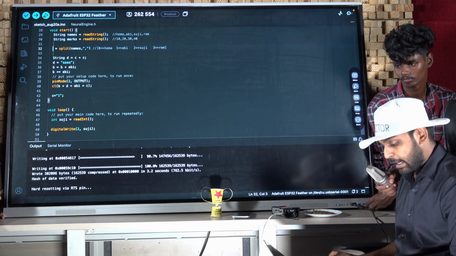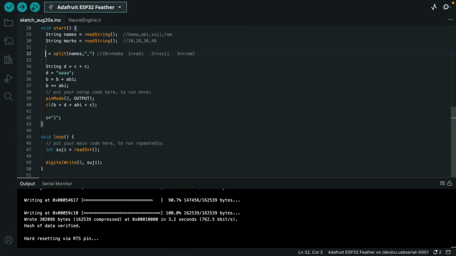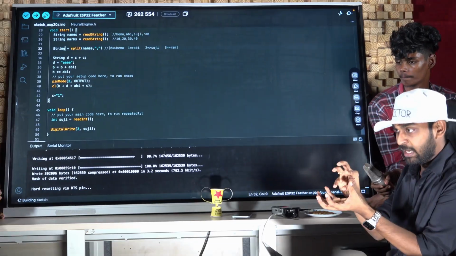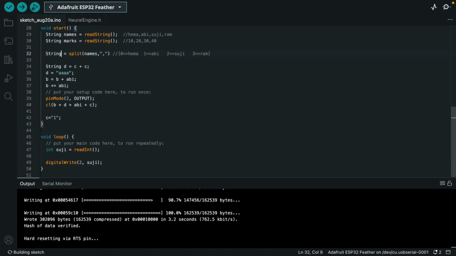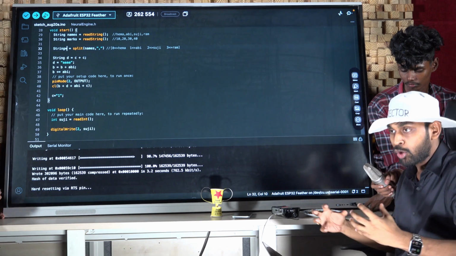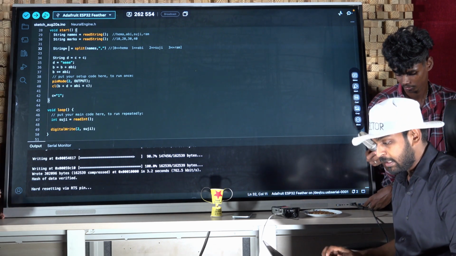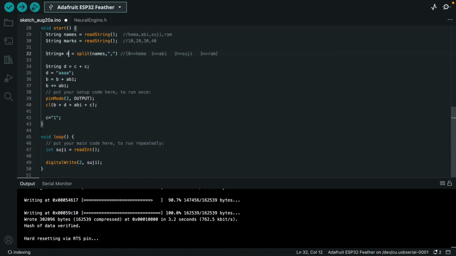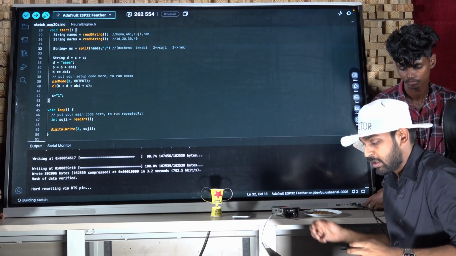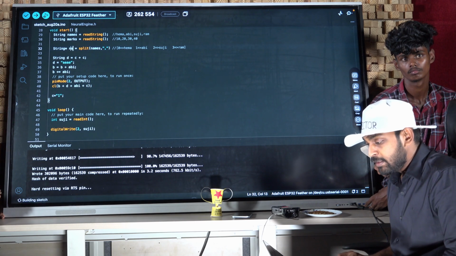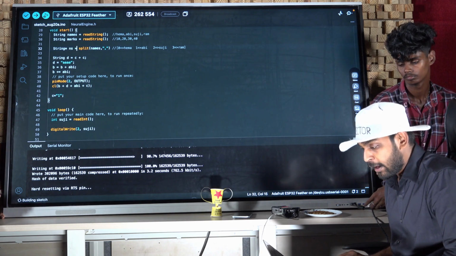Now I'm going to create another array. So string means it's a normal variable. It can only store one element. Now string star is an array. It can store a lot of elements together. And I'm going to name it temporarily ns. Okay, names ns. And then this ns is going to have